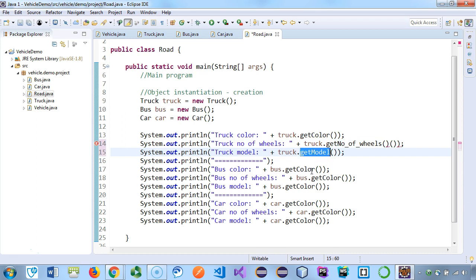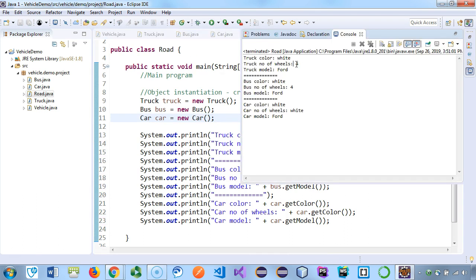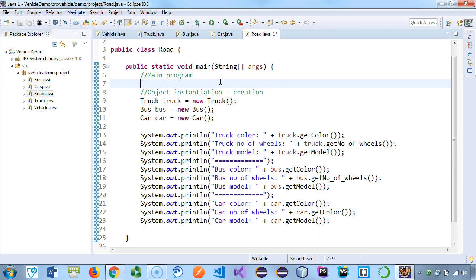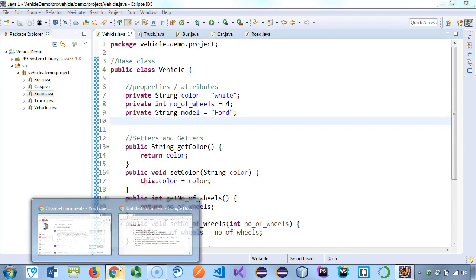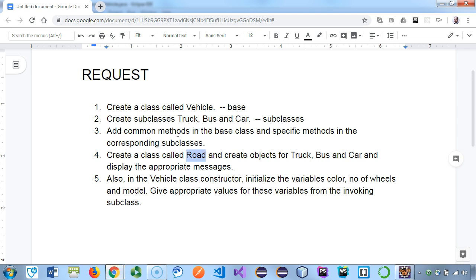Again, just copy this down here. Model, number of wheels. Okay, so now when you run it, you can see that it has white wheels 4 and 4. They're all the same because they're not unique, right? So they share exactly the same properties here. And they ask you to create some, these are